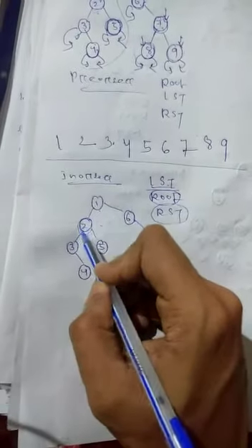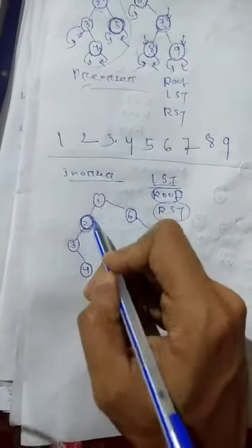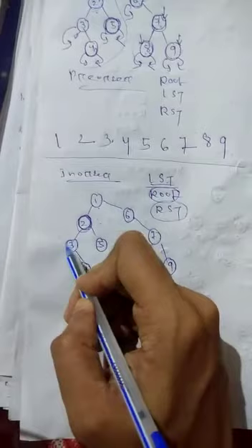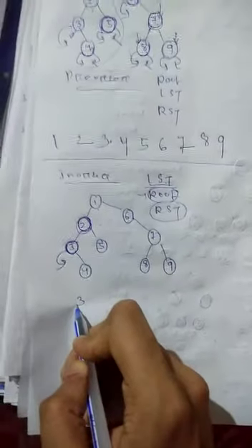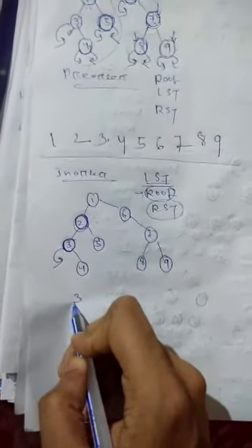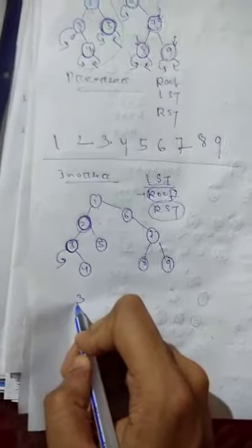Okay, then again from this pointer here, first you go to the left subtree here. Okay, so the pointer is here. First you visit the left subtree, no left subtree. Then the second statement is printed. That means 3 will be printed first. Clear? 3 will be printed first for in-order traversal.